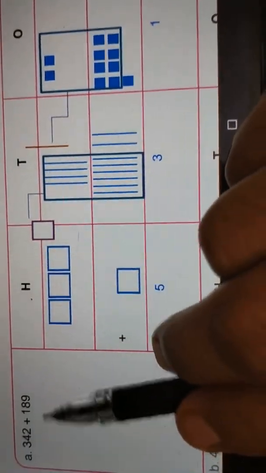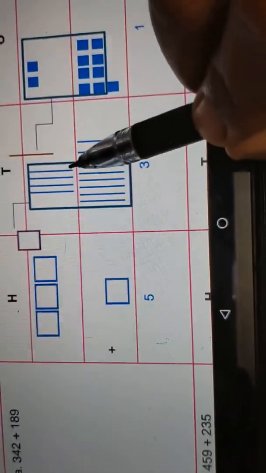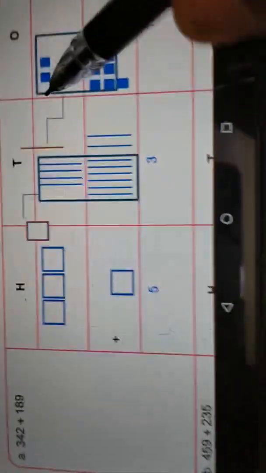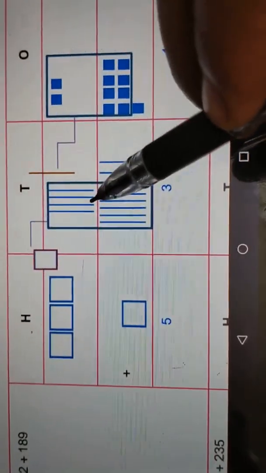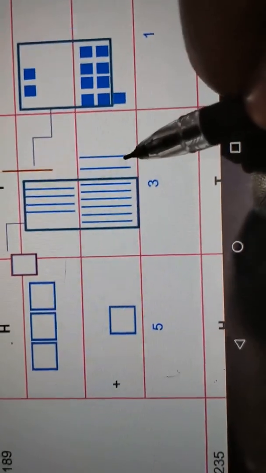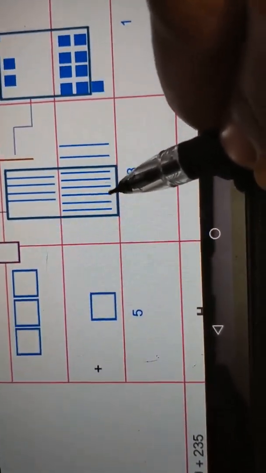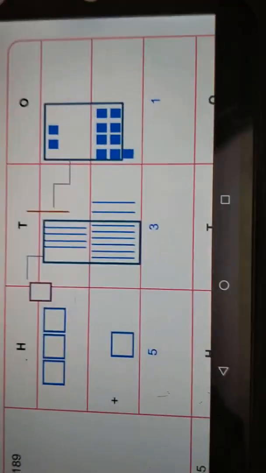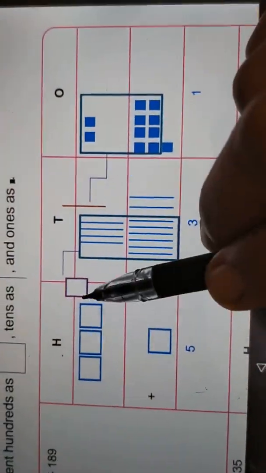So in that 4 plus 8 is there. Let's count that: 1, 2, 3, 4. One more carryover we have to add here. So 4 plus 1, 5, 6, 7, 8, 9, 10, 11, 12 and 30 is there. So we have to write the 3 here and 1 is a carryover.